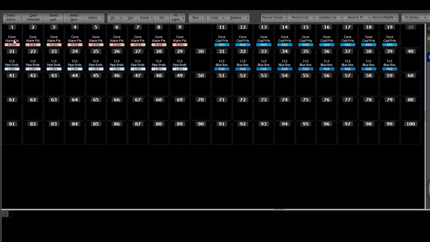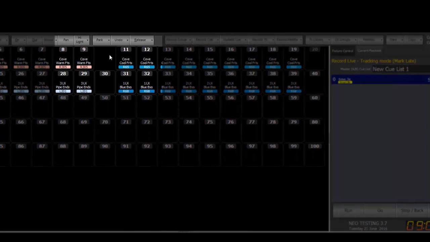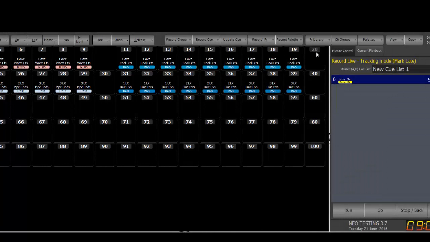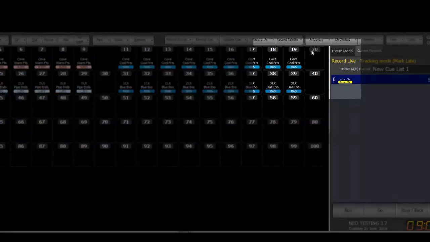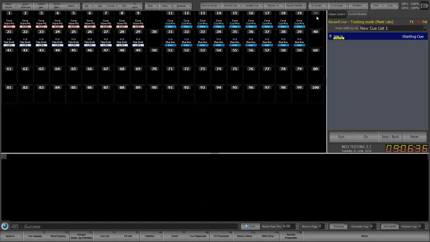Now, if you look, we have 1 through 9 in our cove, warm fronts, R305, and we get a color bar that represents the color. 11 through 19 cool fronts are 65. Notice that there's a gap where 10 would be because 10 does not exist. Yet if we look at 20, it does exist, but it's got a gray number. So that's what patching at channel 0, or at address 0, will do for you: it will appear unpatched and it will still show up. Certain people like to see all the numbers but have an indication of whether it actually has an active output